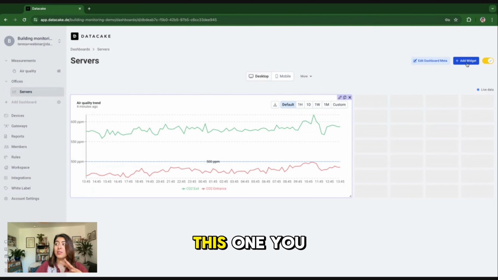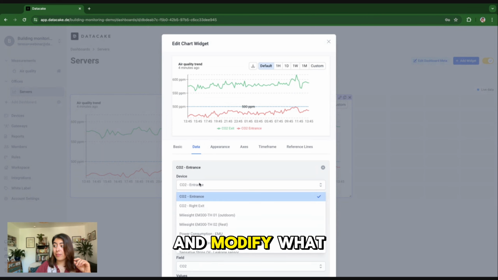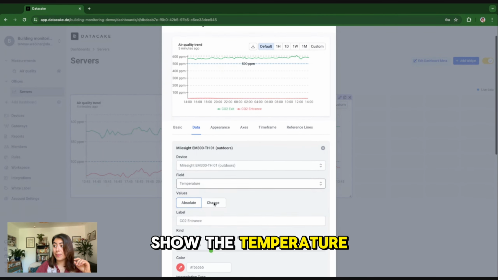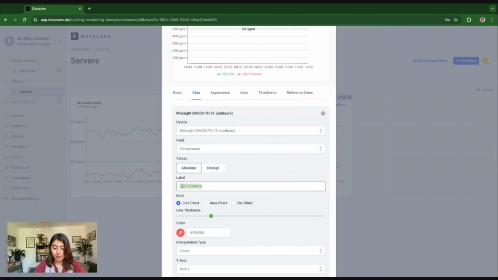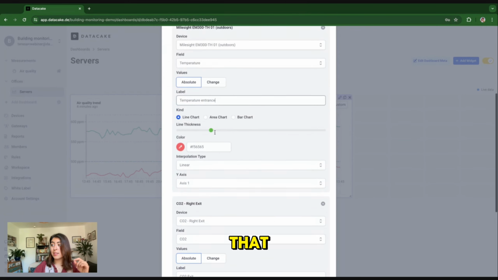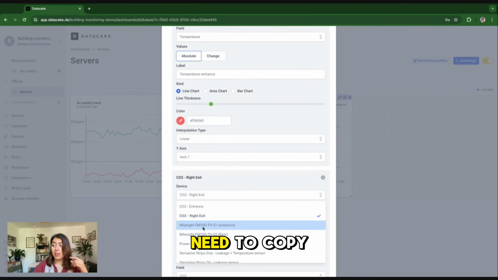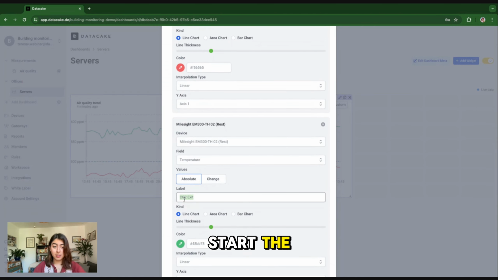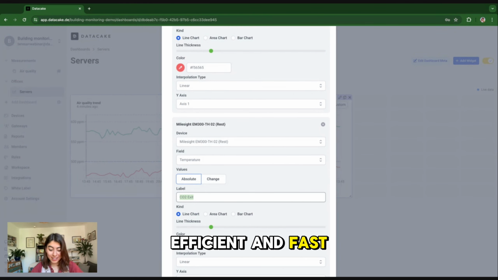And now here, this one you can modify, you can add more widgets, you can also go into there and modify what gets displayed. In this case, for example, if you want to show the temperature instead of the CO2, for example, temperature in the entrance, you can do that, and you only need to copy paste the device, so you don't have to completely start the dashboard from scratch. So that's another tip on how you can also make it way more efficient and fast